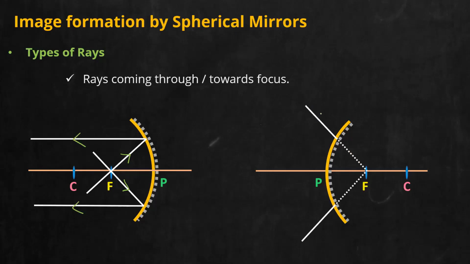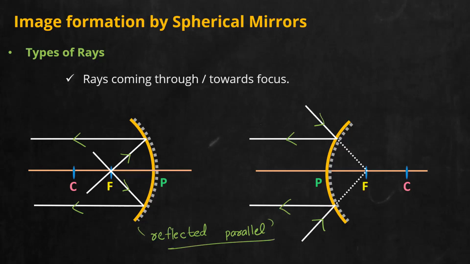Now for the convex mirror also, here you can see two rays which are directed towards the focus. This is the focus, and dotted lines as it is behind the mirror. Now what will happen here? Here also it will reflect parallel. Draw it fast. This is the second type of ray. And below write what happens in the two cases. The two rays will get reflected parallel to the principal axis. Written? Okay, fine.